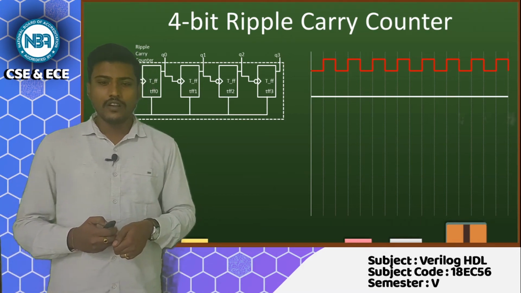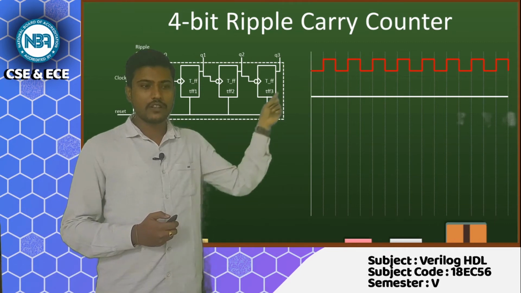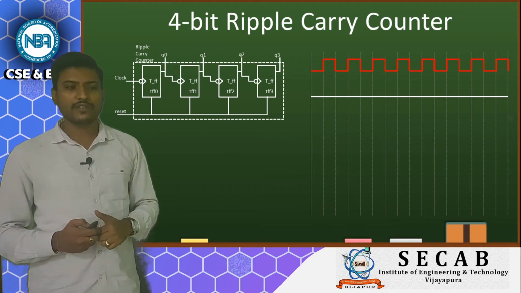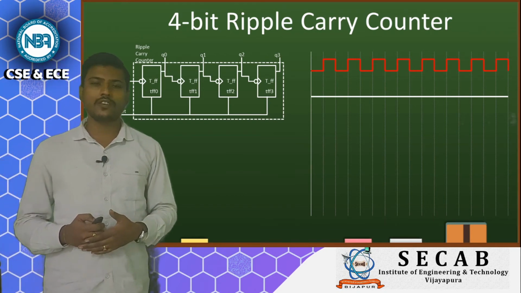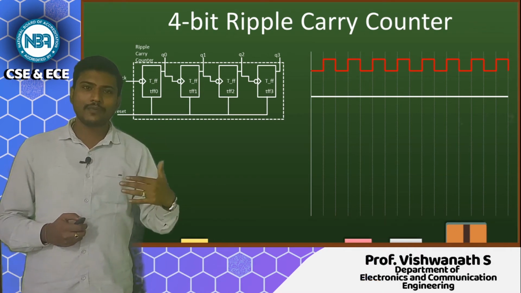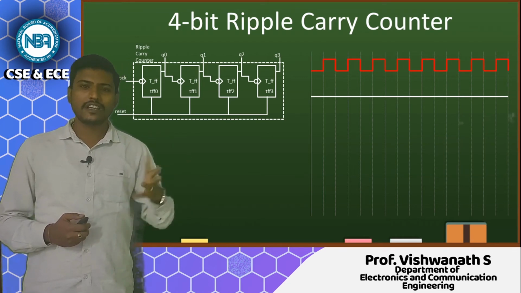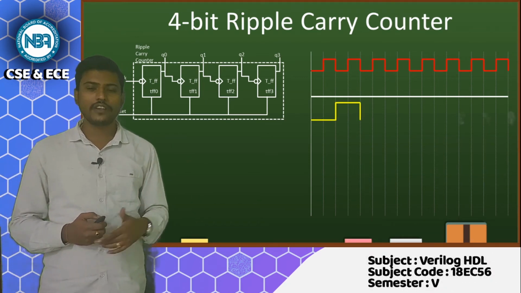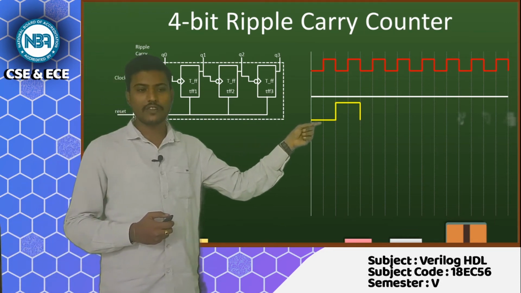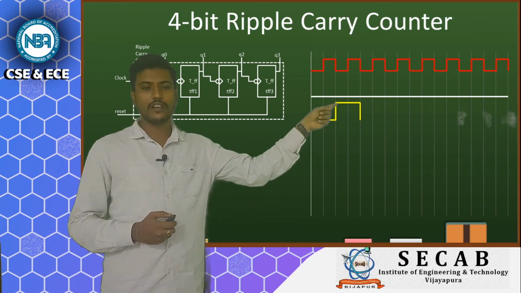So, when the clock is fed at this particular instant of time, the first flip flop is going to trigger, right. When it triggers, in the sense what? We have used a T flip flop. So, at the triggering point, whatever the previous output was, that is going to be inverted. Since we have considered the initial output to be 0, at the neg edge this got inverted and then it has become 1.